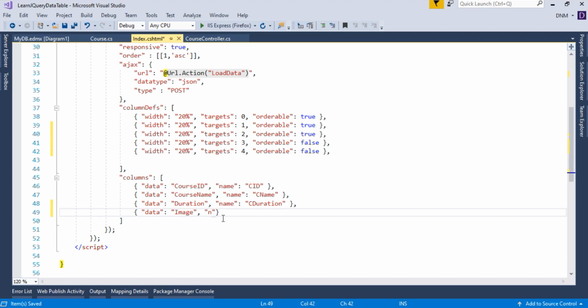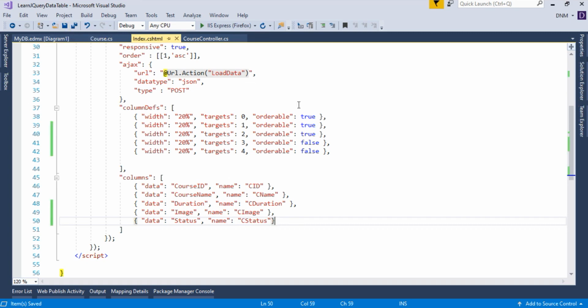Again, it should be in double quotes, and say the name is C image. Similarly, we will mention the other column also. Here it is status and the name will be C status. Okay, so we're done with this part.